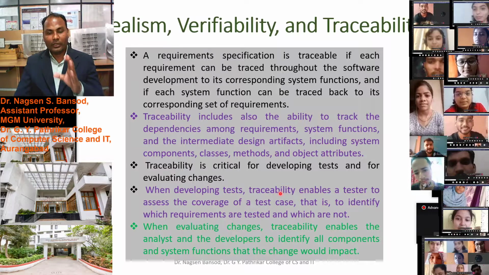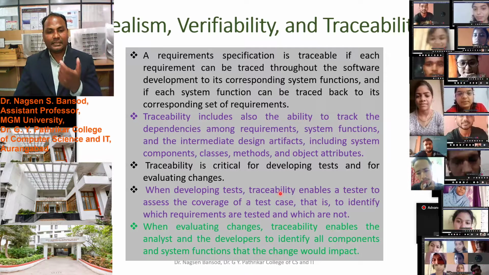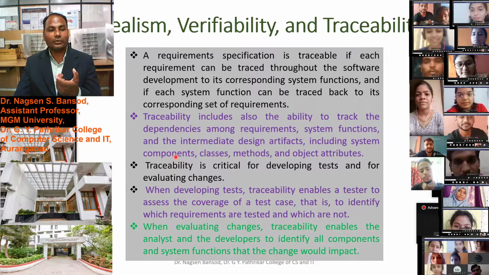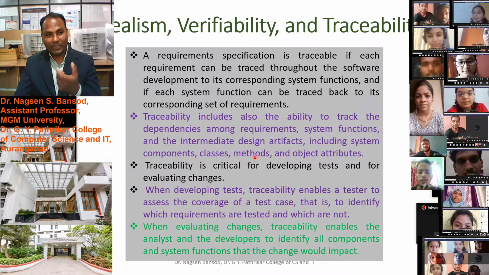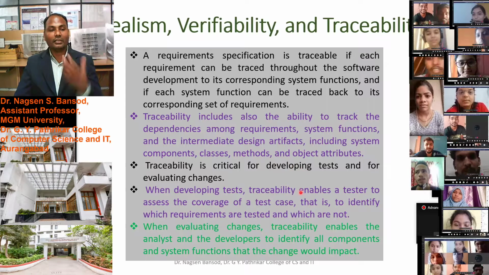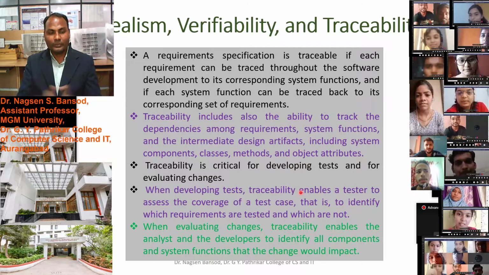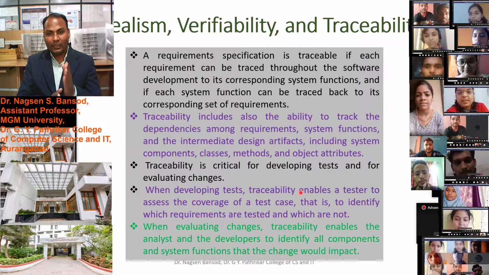We have to be able to trace whether there is any fault in the component, in the class of the software, in the method of the software, or in any other attribute or object.